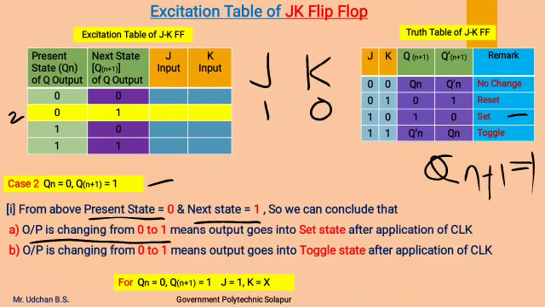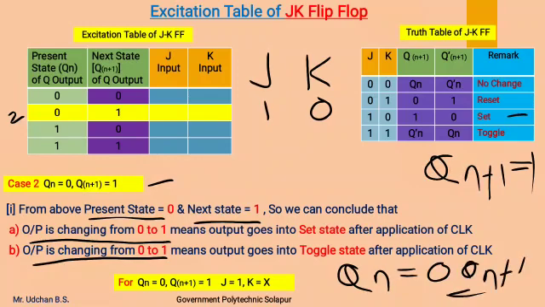After that, the second conclusion, we can say that output is changing from 0 to 1, means output is toggling, that is it is inverted. Previously, before applying clock pulse, Qn was 0. After the application of clock pulse, Qn plus 1 becomes 1, means it gets toggled, it gets inverted. So we have to consider this toggle state also for the second conclusion, for which the value of j and